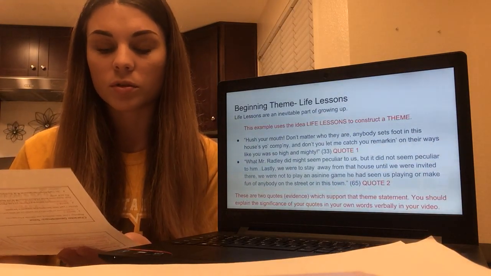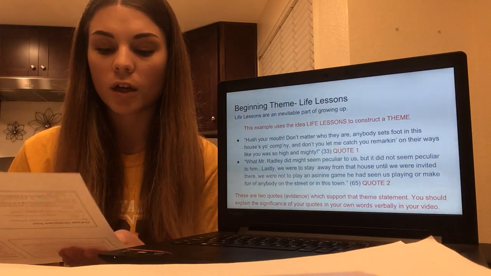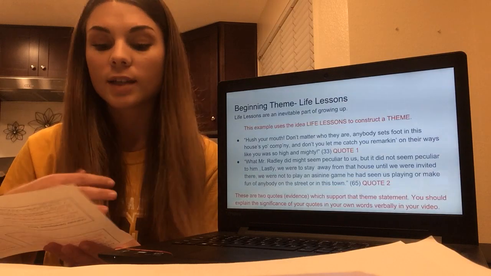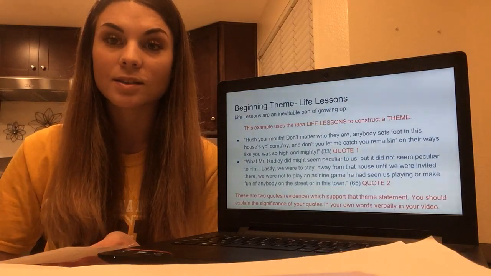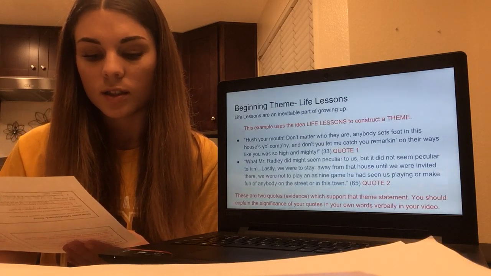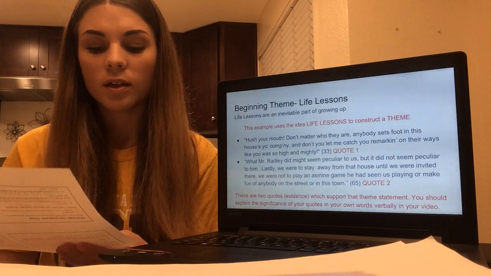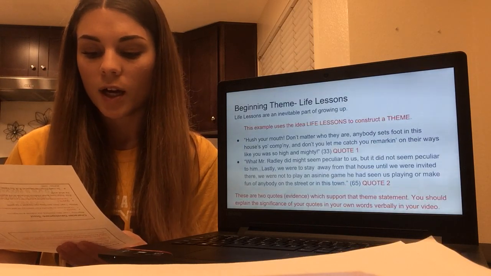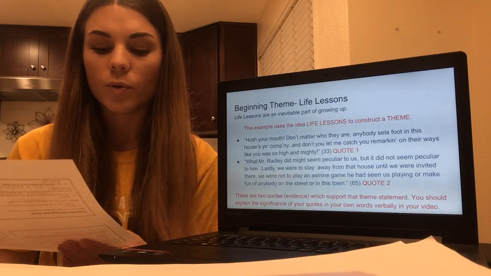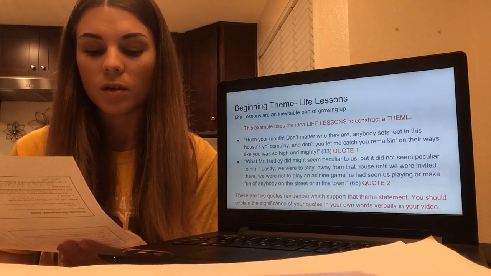The second example is on page 65, and this is Scout explaining what Atticus tells Jem. He says, "What Mr. Radley did might seem peculiar to us, but it did not seem peculiar to him. Lastly, we were to stay away from that house until we were invited there. We were not to play a game he had seen us playing or make fun of anybody on the street